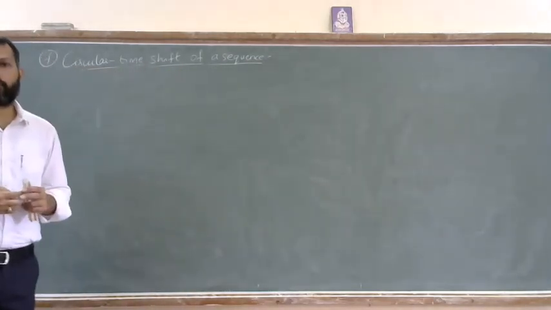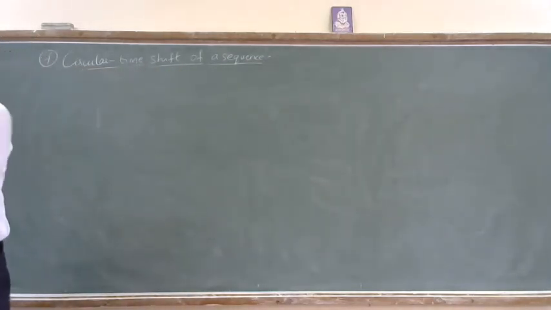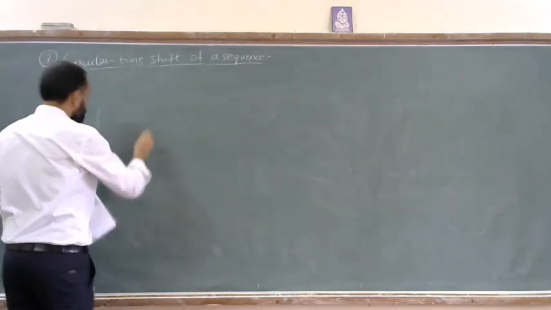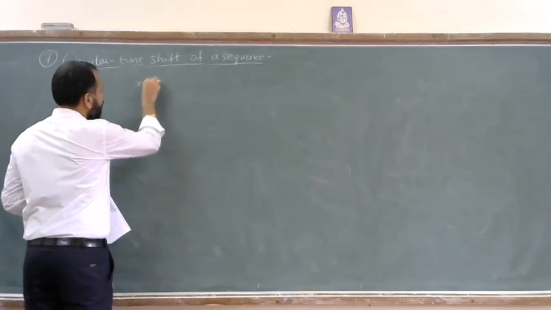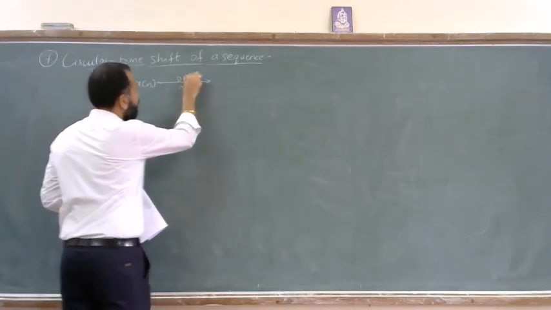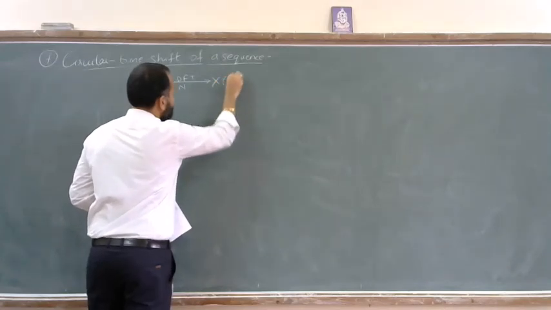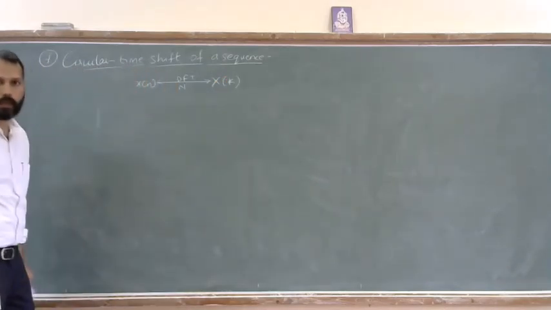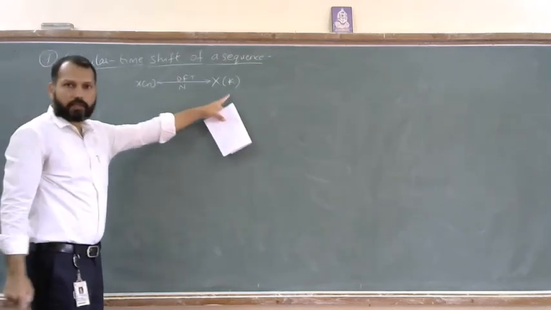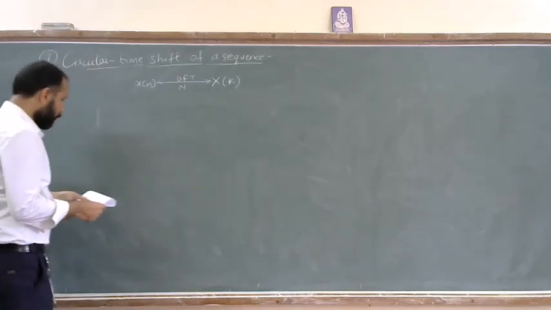And the property states that if x of n is an N-point sequence and its N-point DFT is given by X of k, then